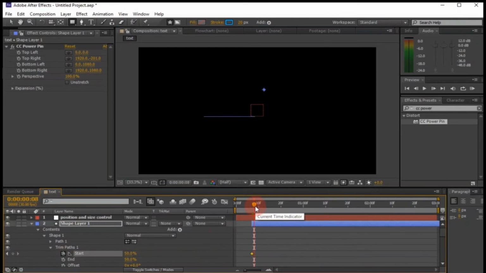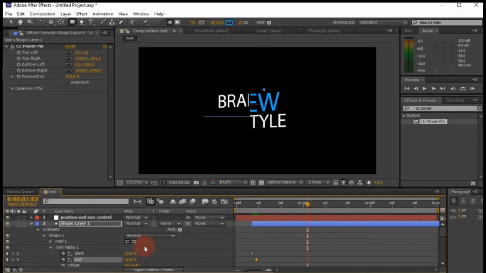Then go to 9 frames. Then add a keyframe on end. Then go to 1 second 2 frames position. Change the start value to 0.